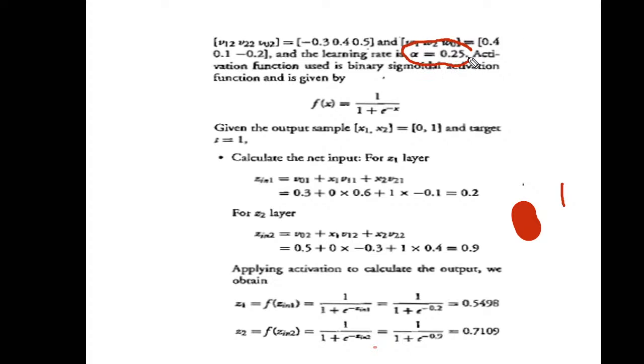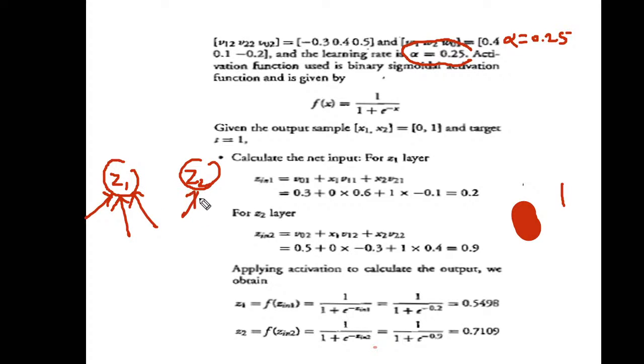What is alpha given? So alpha is given 0.25. Now we have to calculate. We know that here z1 is there, and here z2 is there. On z1 three inputs are coming, and on z2 three inputs are coming. So first of all we will try to find out